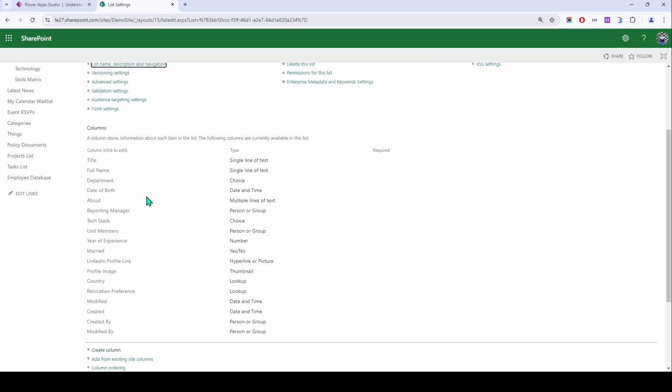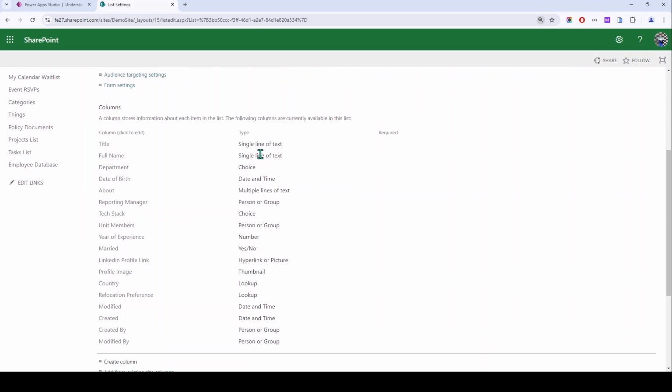So here, as you can see, I have full name as a single line of text, department is a single choice field, date of birth I have as date and time, about is a multiple line of text, reporting manager I have used the picklist control, which is a single select, tech stack is again a choice column, but tech stack is our multi choice field, team member is our person or group field, which is again a multi select field, years of experience is of type number, married is of boolean type, which is a yes/no field, LinkedIn profile link I have used as a hyperlink,